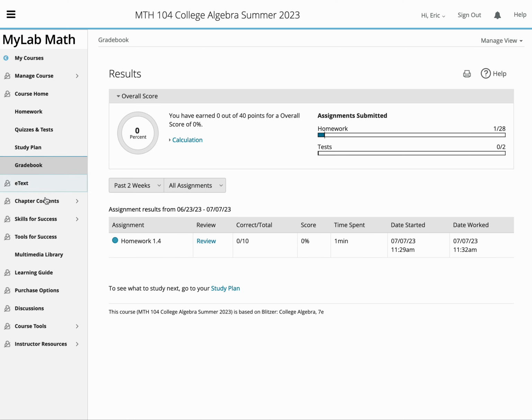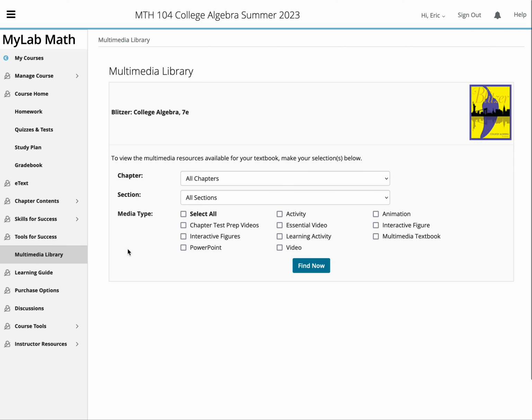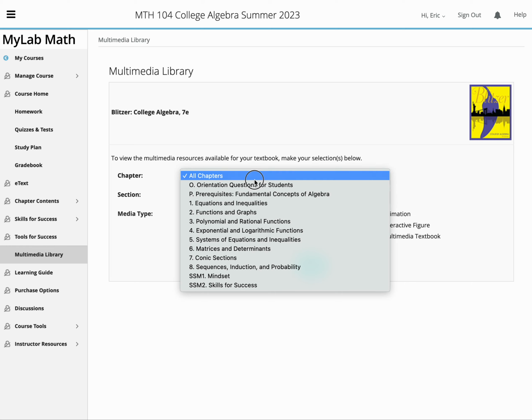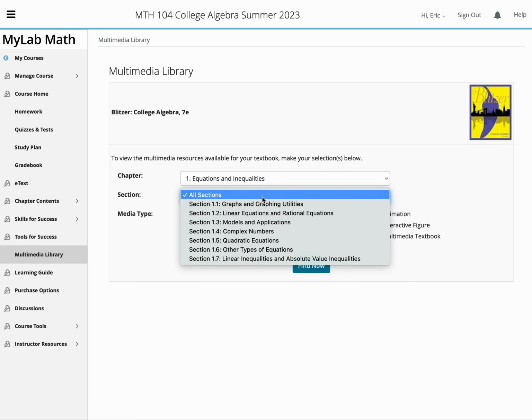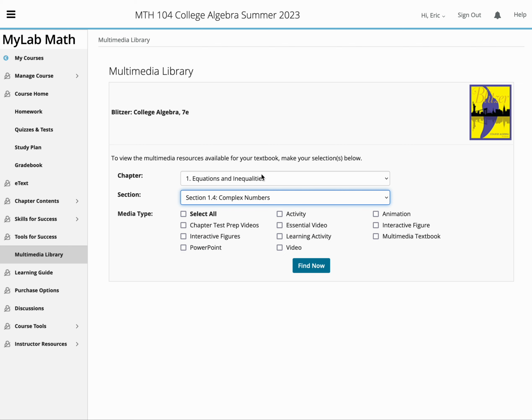So the last tab that you should see is the multimedia library, so I'll click this. This will give you access to the ebook as well as video lessons on each section. So here you can select chapter 1, maybe you would like more information on complex numbers. So you'd select these two things. You would then select multimedia textbook. That's what they call their ebook, as well as, I believe, we'd click on videos for the video lectures,